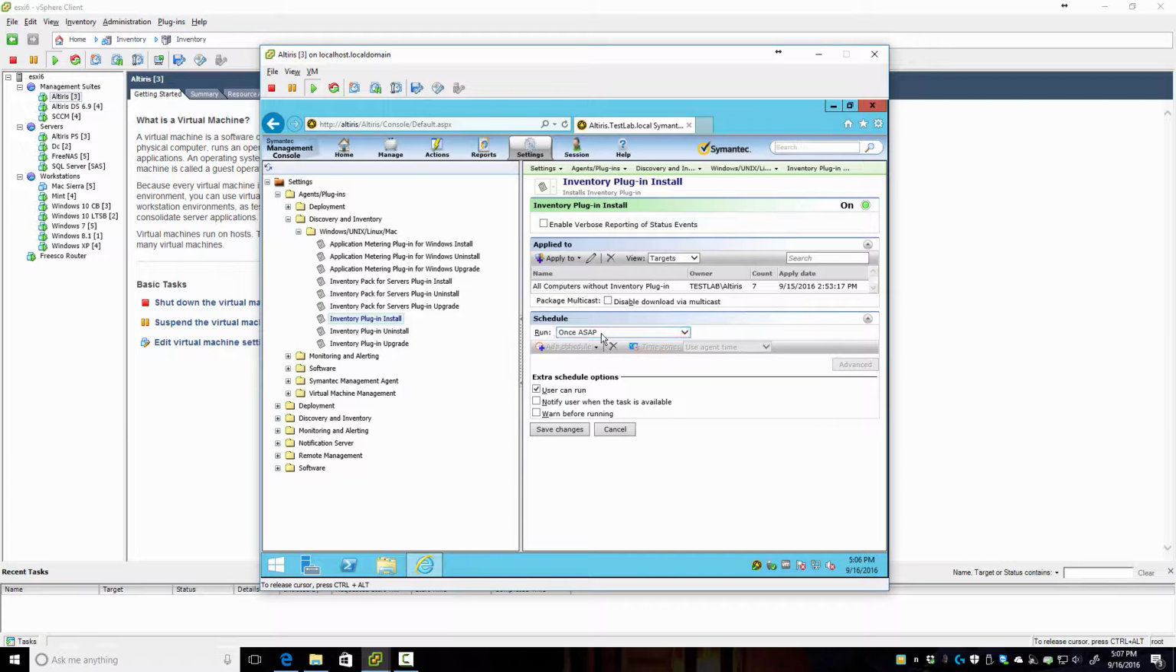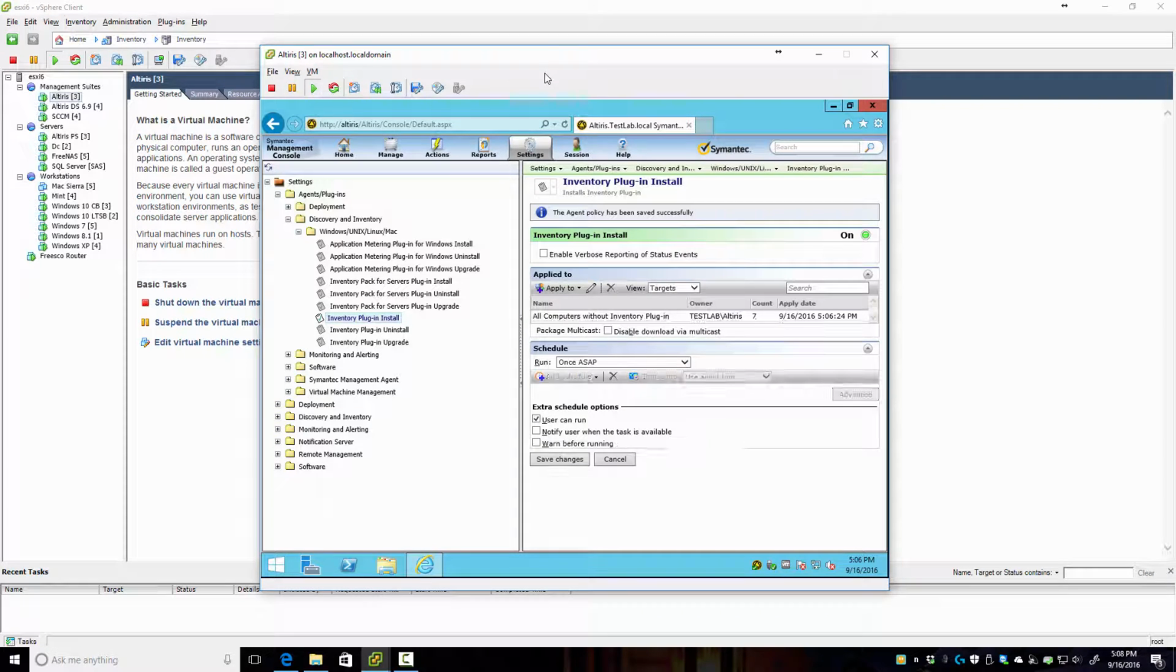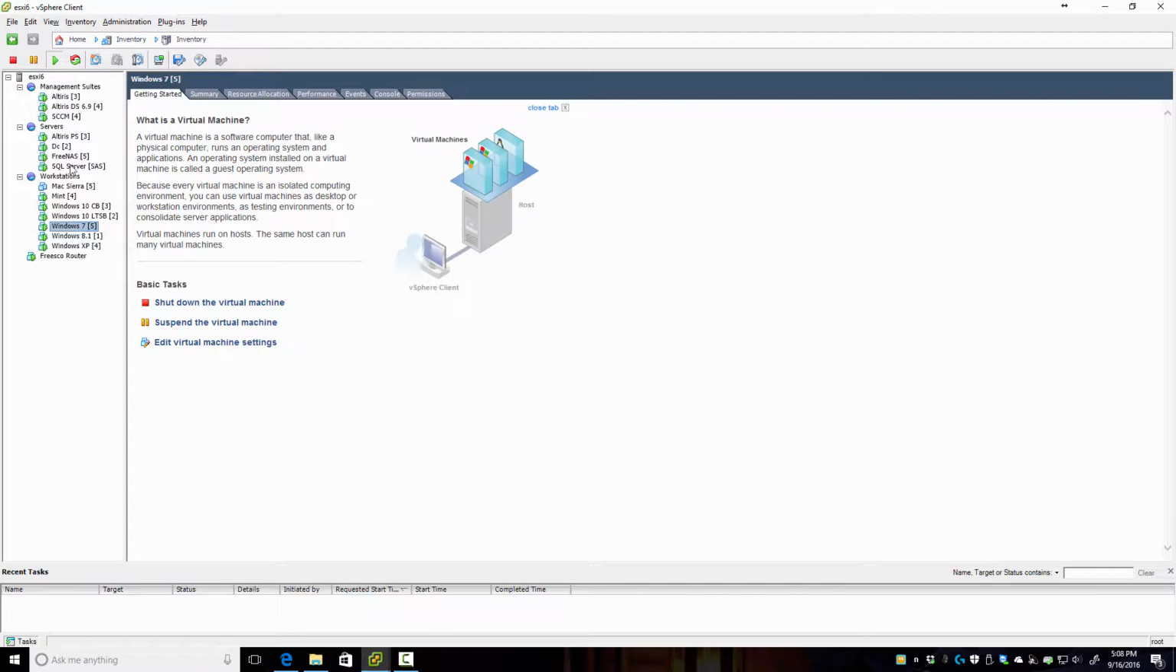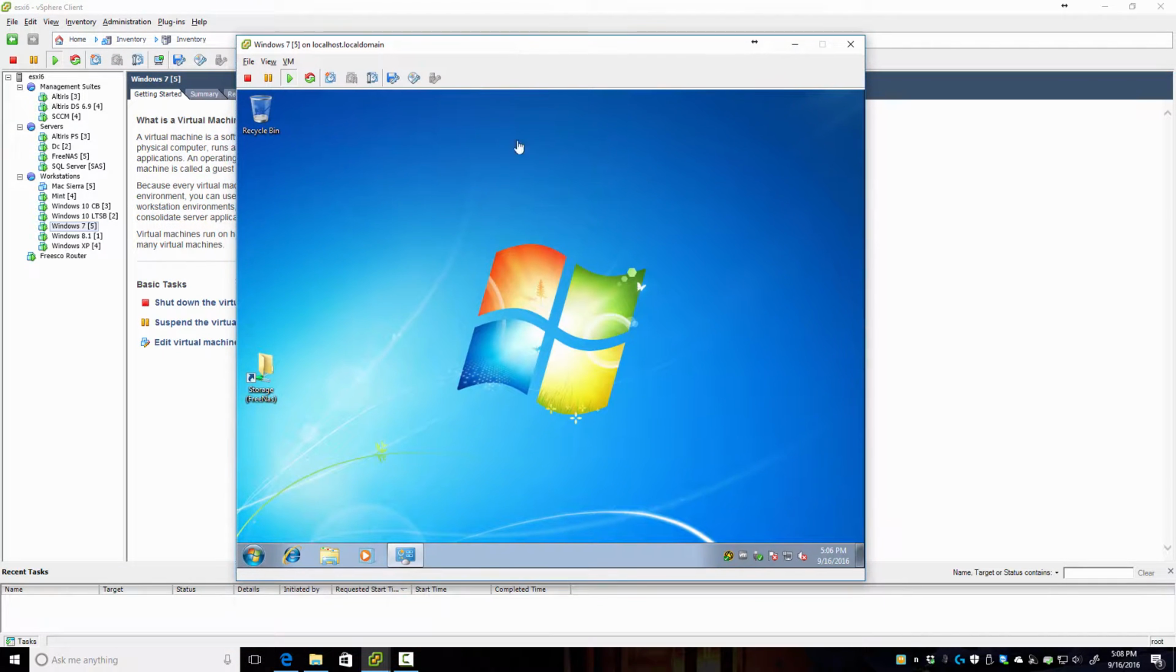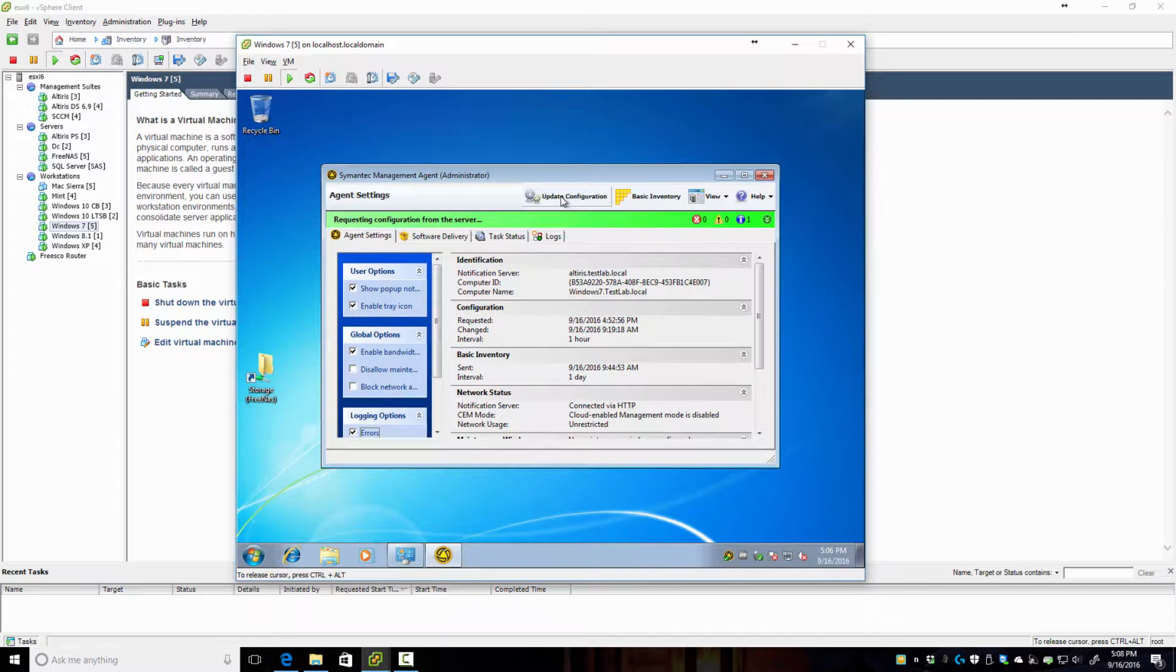Okay. Once ASAP, you can notify the user, it'll pop up. You can warn them. I don't like doing any of that, like keeping it quiet. So we'll save. Now, if we take our Windows 7, and all we have to do, so every computer will check in. So update config,